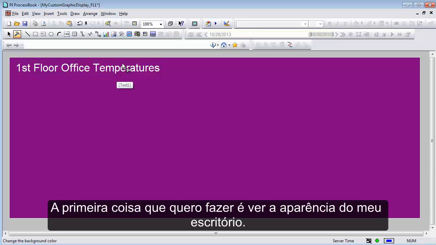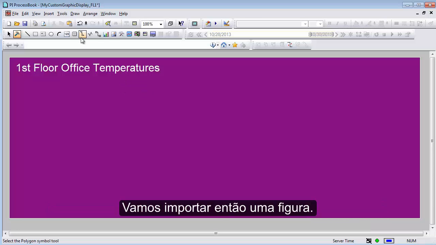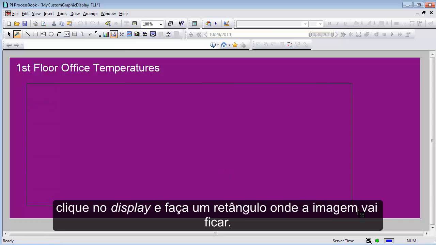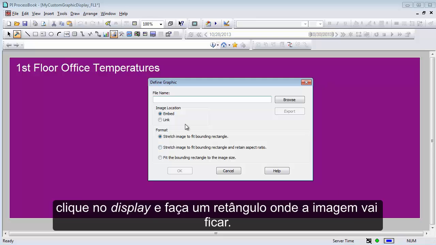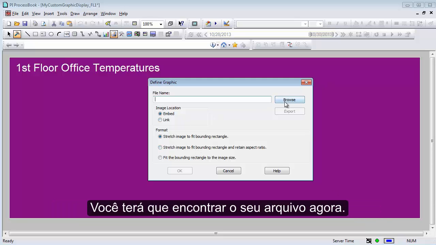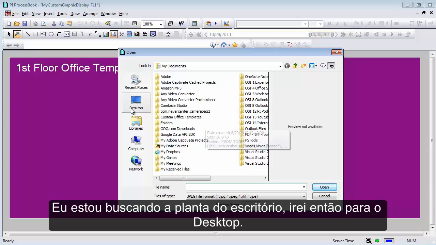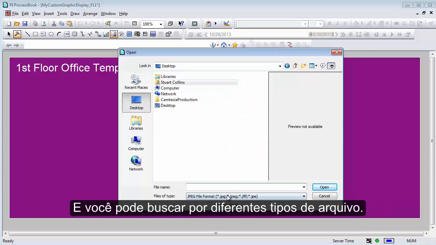Now, the first thing I want to do is I want to see what my office looks like. So you're going to bring in a graphic file. So what we do is we just go to graphic here, while in build mode, press it, and then you're just going to drag a box and release. And it starts by go find your graphic file. So for me, I'm looking at the office map, so I'm going to go to my desktop,